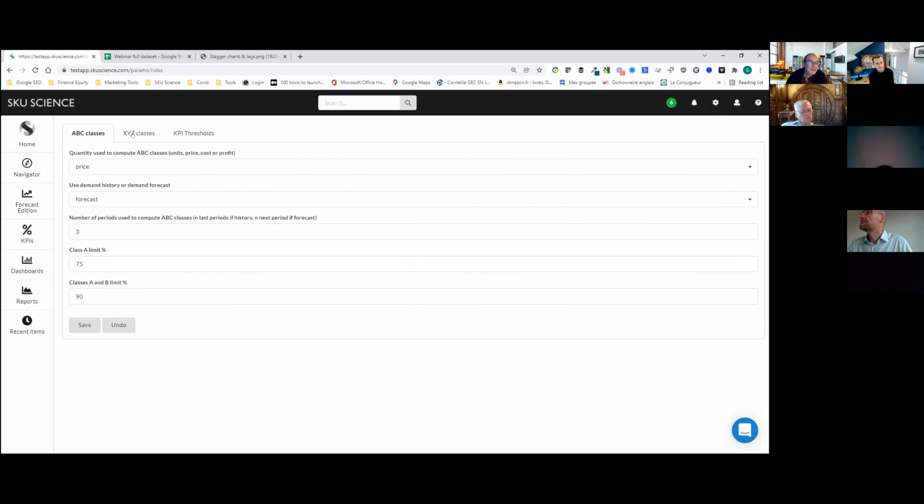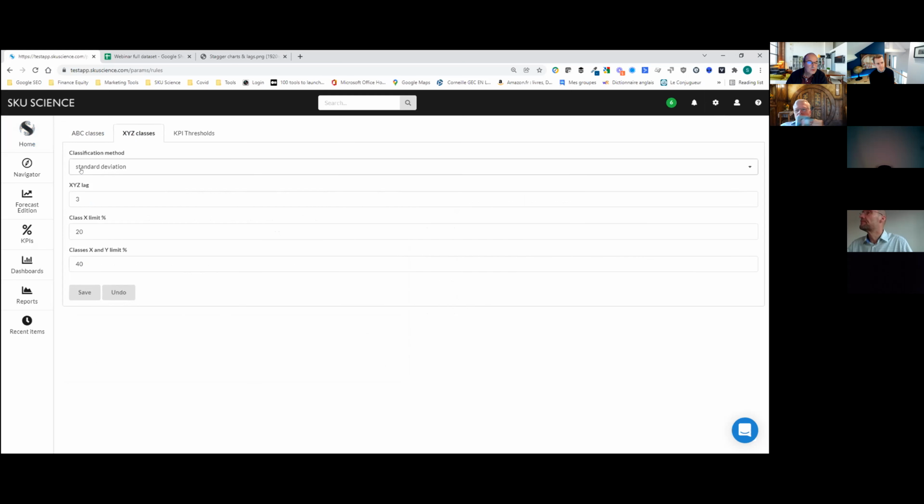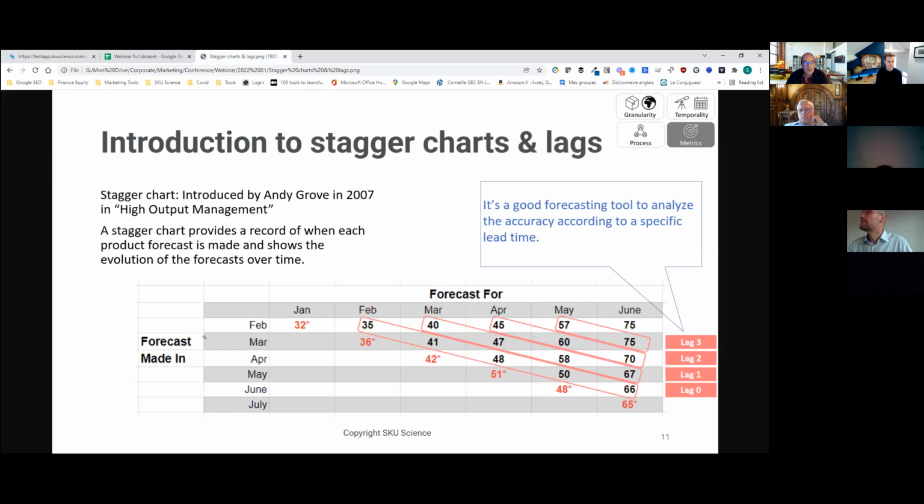Now if we go back to the settings of the XYZ and apply the last recommendation from Nicolas, which is not using the standard deviation but the forecast error instead, here we can also set the notion of lag. To make sure we all understand what this means, I'm going back to this slide, where we have all our forecasts, February, March, April, May till July, with all this data. And if we decide, for example, to focus on lag number 2, basically this is a focus on the lead